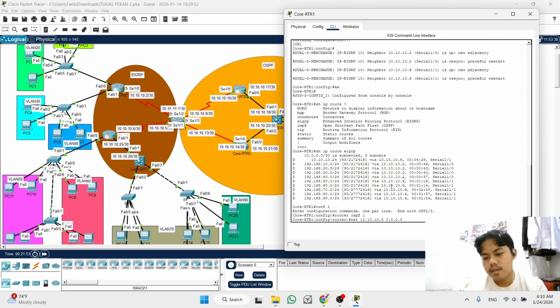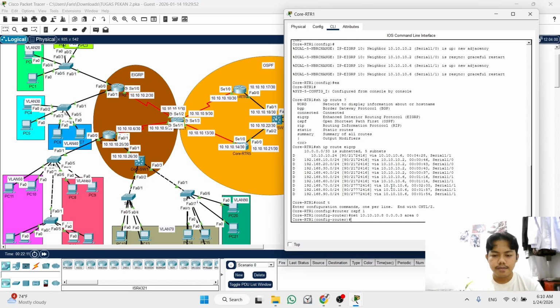After the wildcard mask, you need to add the area. The area we write 0, and sometimes it is called backbone. And then enter. You write the other networks.